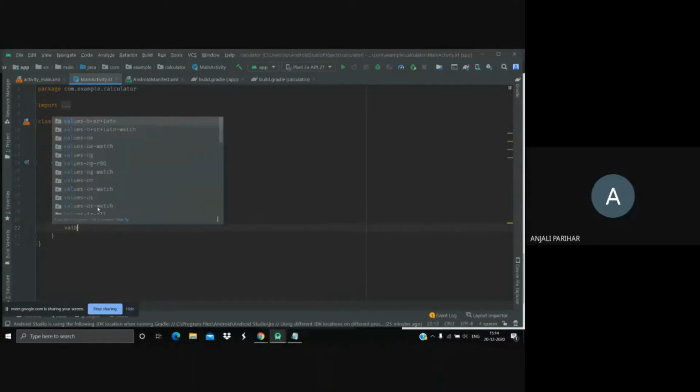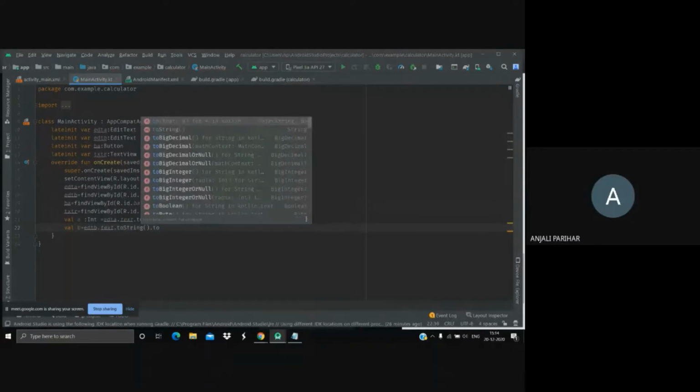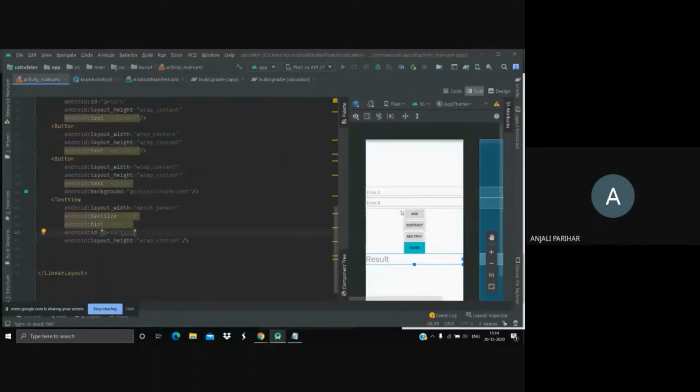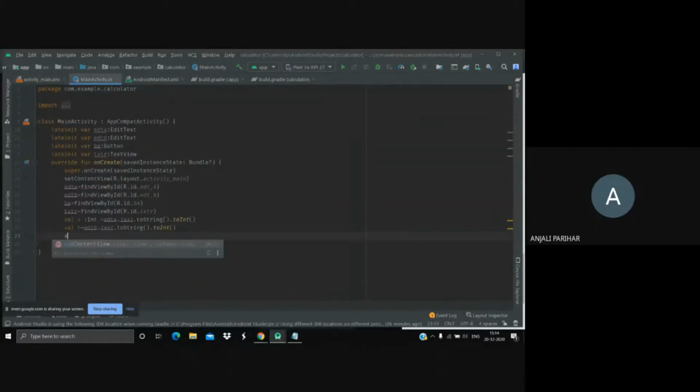Similar is the case for B. Now, when we get this A and B, we need to perform this operation. So how will we do it? Whenever the user clicks on the add button, subtract button, or any of these, we want this functionality to happen. So let's say the user clicks on this add button. I have a reference of that add button here in this BA variable.